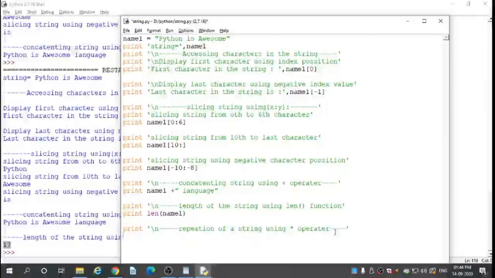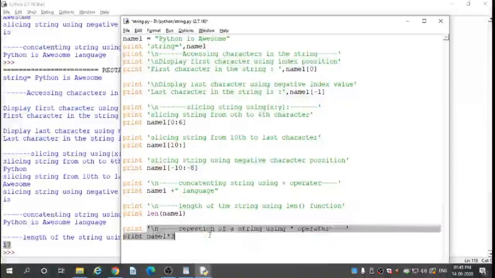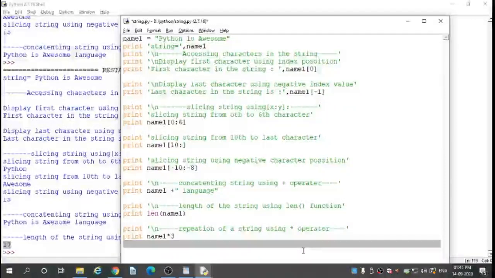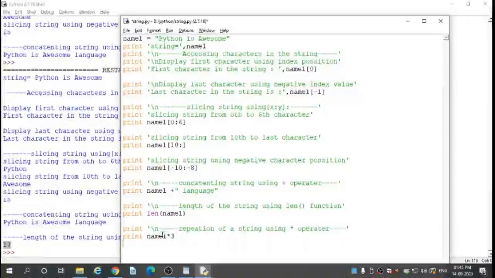Single quote completed. Here I print name1 star 3. Sometimes you need to repeat the string in this program, meaning repetition.